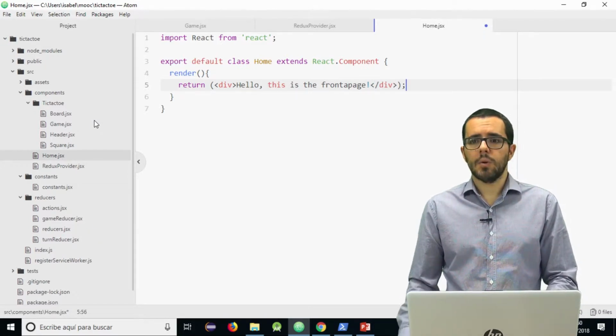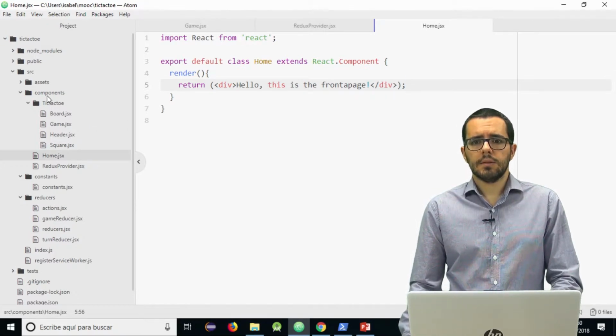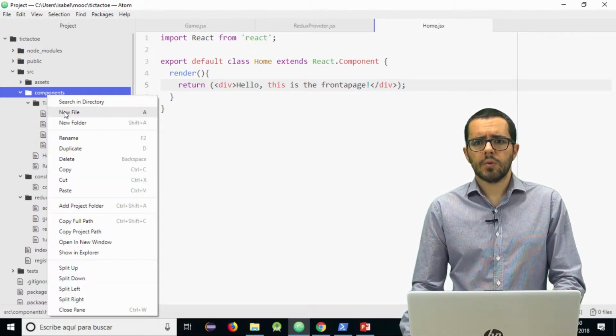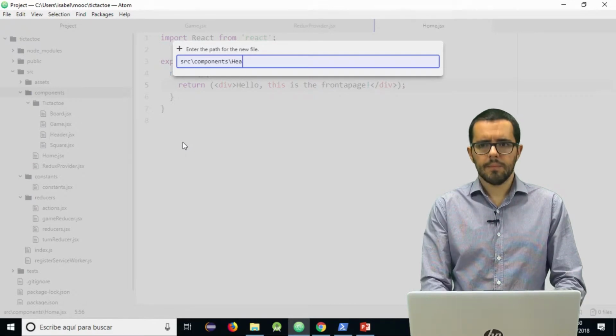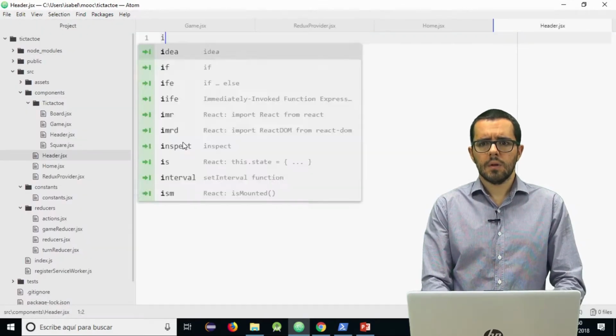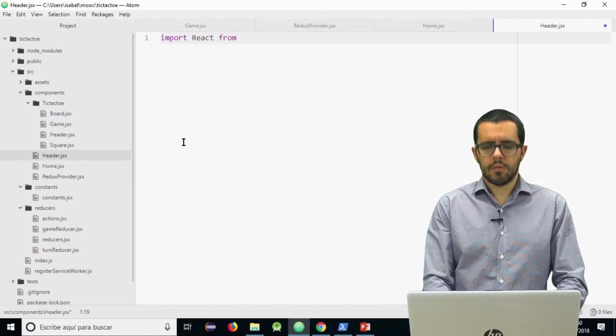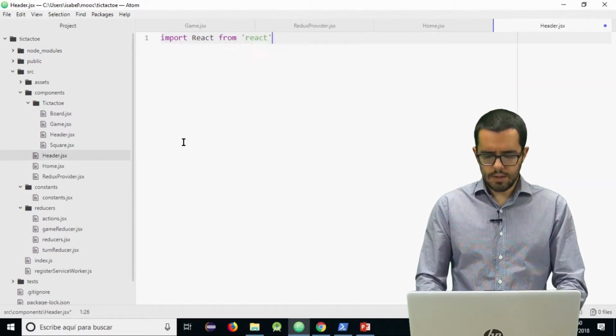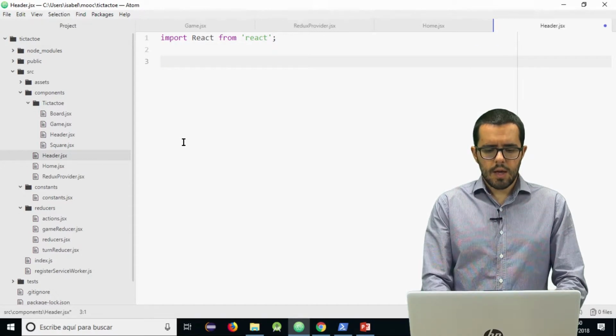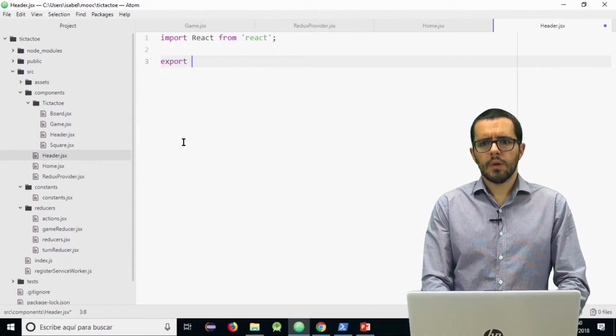This is a very easy component, and we are going to create now header. Again, import React from React, and the same structure, default class header.